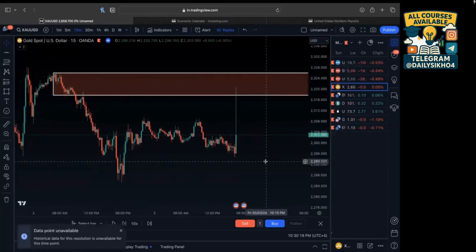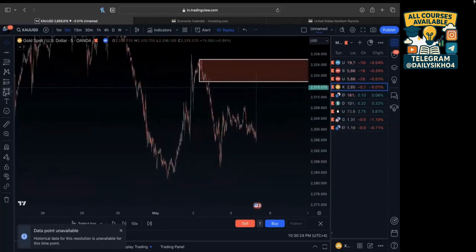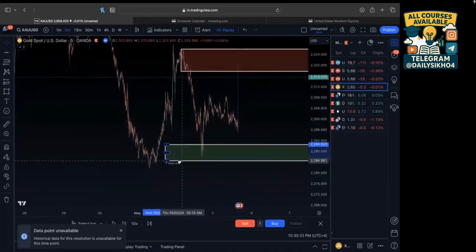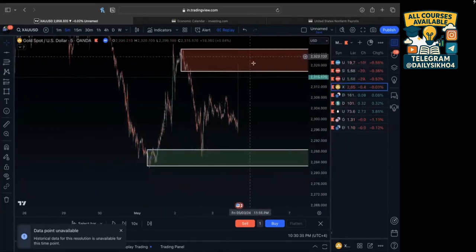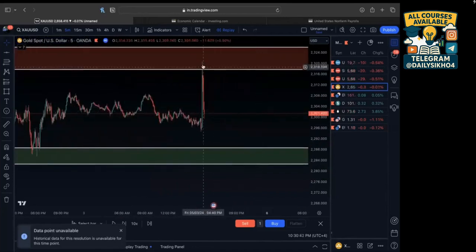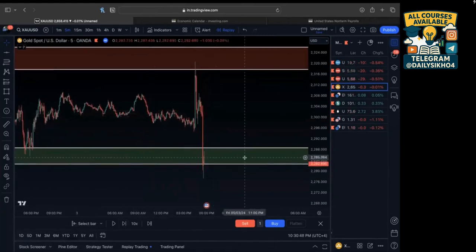For example, I have marked out this particular resistance, right? So now I can place a sell limit order over here. So in this particular case, what I would have done is placed a buy limit order in this zone and a sell limit order in this zone, depending on whatever happens. Even if, let's say, I entered here and exited here, that's still a very good amount of money. If I hold on fully, then it would be a huge win, but you get